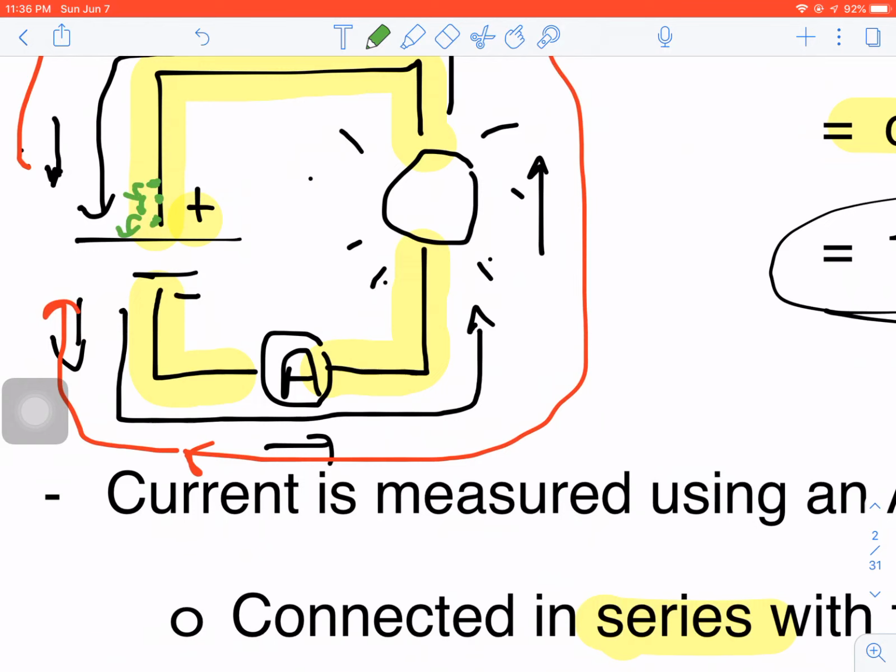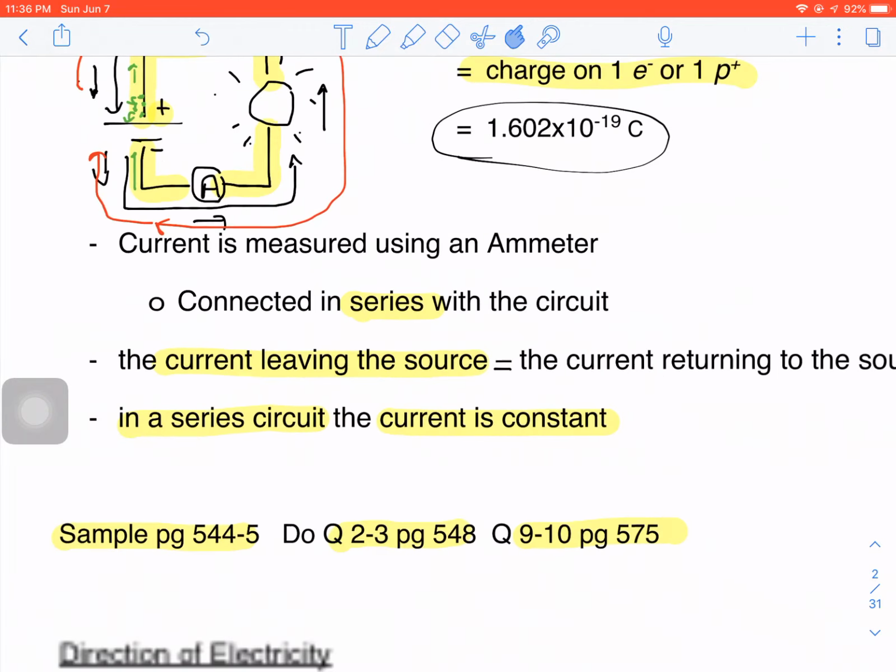Right? The green dots are moving in the same direction as the red arrow. They're moving from positive to negative. The green dots aren't positive particles. The green dots are positive spaces. And what happens is, as the electrons flow through the circuit from negative to positive, they create positive spaces along the way that move in the opposite direction, until ultimately the positive spaces end up back at the negative terminal. So this whole concept of a conventional current that says positives are moving